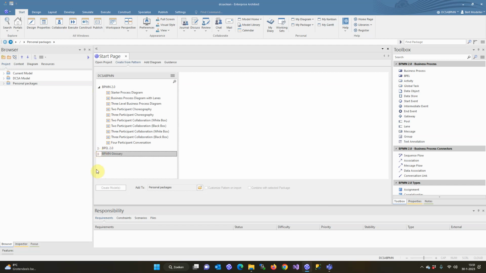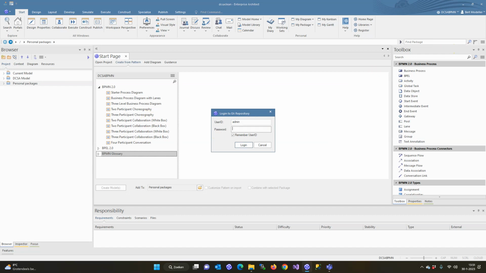However, we can go one step further. We can say, within BPMN, we want to include extra limitations. We want to give them a limited set of opportunities within that model. So we can limit the BPMN model to only display those elements that are available within the language that we are applying here. So again, I have to log in as